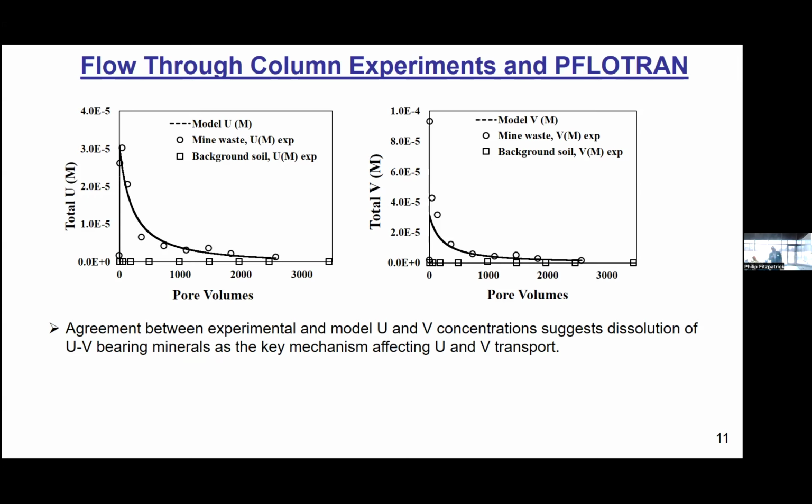We were just discussing this. Here is one part where it doesn't, because vanadium, as you can imagine, may occur with uranium, which is what this shows, but there's another part that likely occurs as vanadate oxides, right, that are not necessarily with uranium. So you see a higher release here, but the uranium curve is very nicely represented by the release of carnotite. So this suggests an important contribution, right?